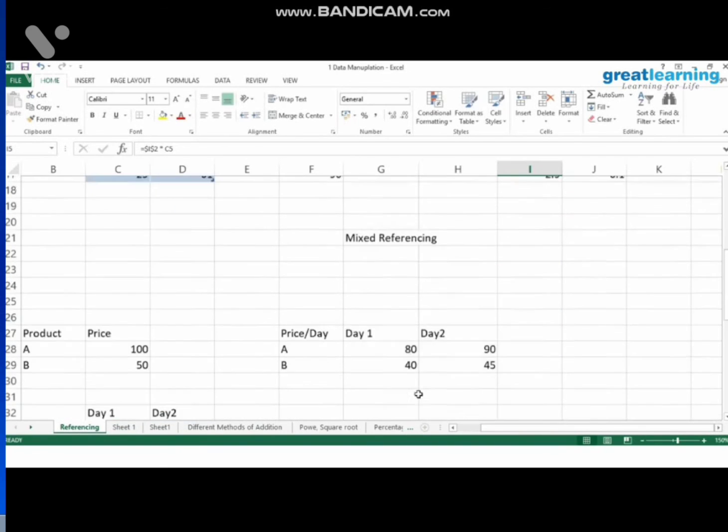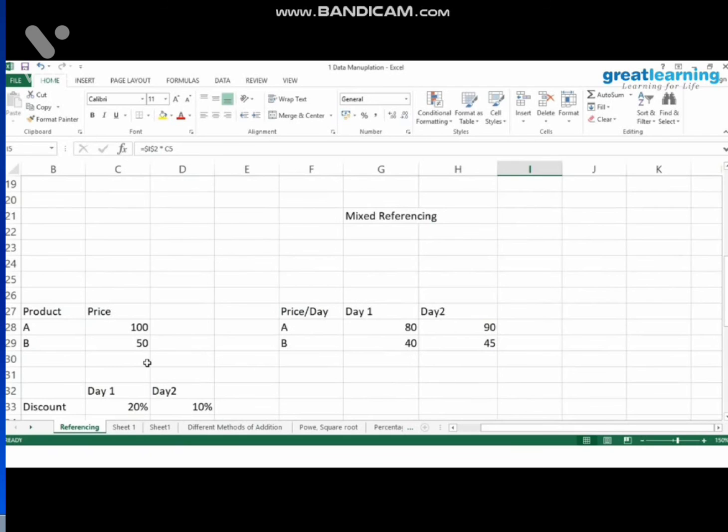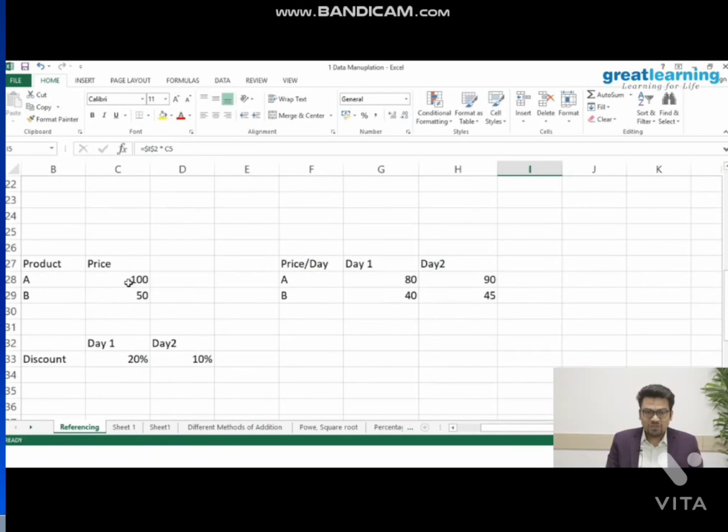Now here we wanted to perform column wise operation in this particular cell. That is why we took the dollar sign before C. That is why we are getting the column wise operator, and we wanted to perform row wise operation with this particular data. So we took the dollar after the C referencing point, and when we hit enter we got the values,